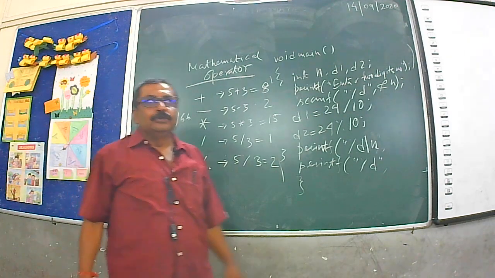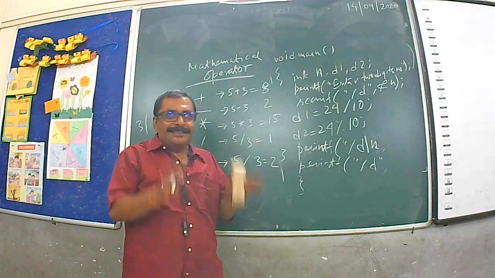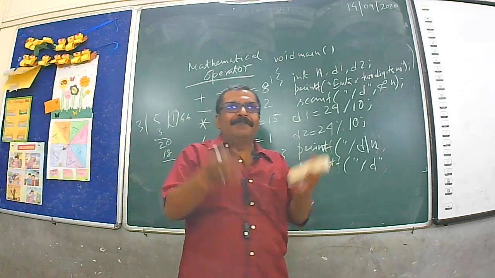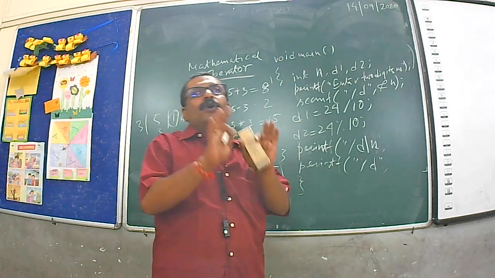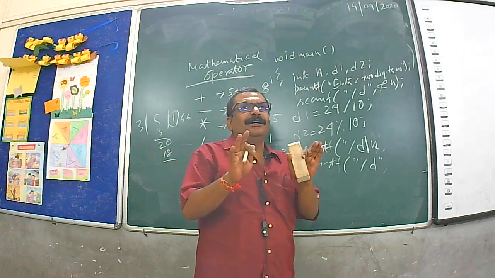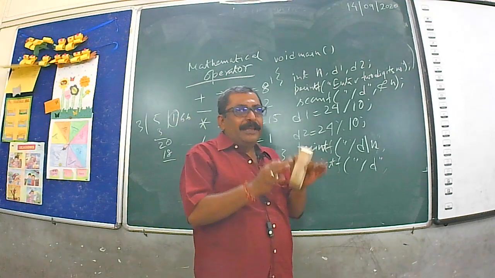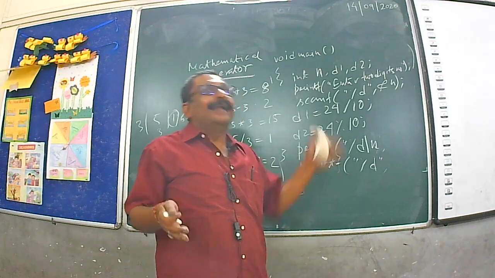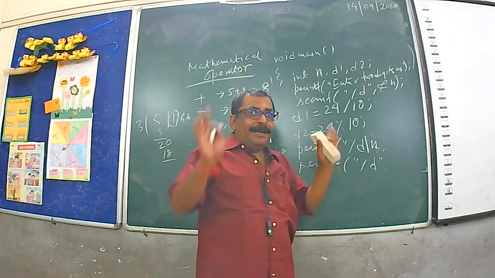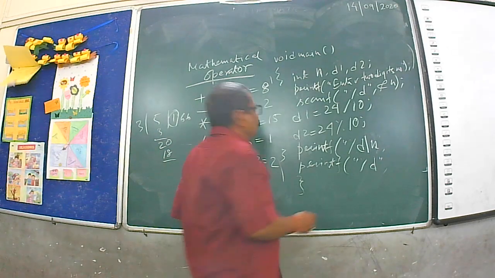Enter 2 digits number. That is an indication to the user that please enter a 2 digits number. That does not mean that if the user enters some other number, a 3 digits number or a 4 digits number, there will be a constraint. No such condition has been given in this program. If the user wants to give more than 2 digits, that cannot be accepted, there is no such option. So, the user can give any number, but we assume that the user should enter a 2 digits number.